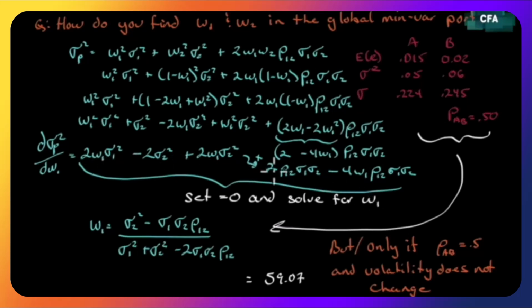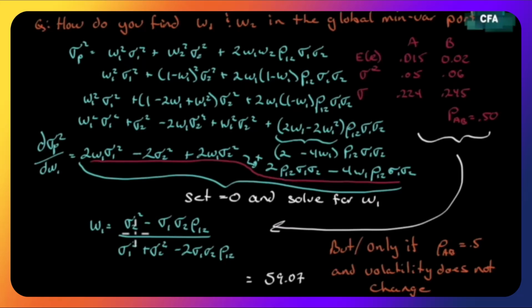So if this is the first derivative all along here, let me just underline it. And remember, we went down here because I did one extra step in here to solve inside the bracket before I expanded. Set this equal to 0 and solve for W1. We just set this equal to 0, and then we collect terms. I'm not going to go through that whole process of collecting terms. You know how to do that. We just isolate W1 to one side, and we'll get this. Now all we have to do is take our terms and plug them into here.